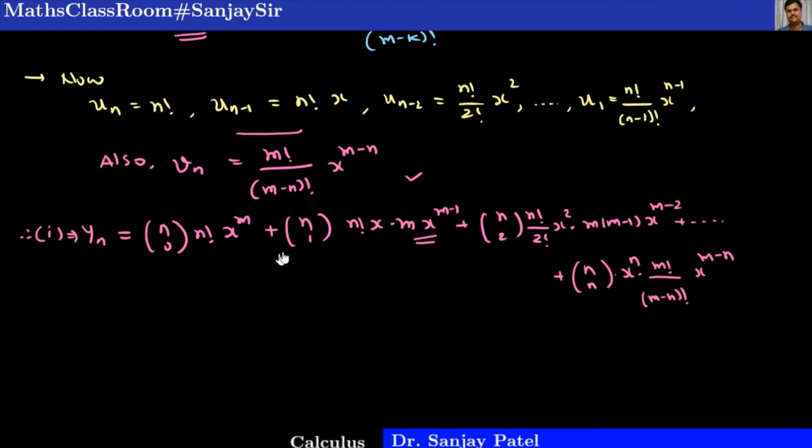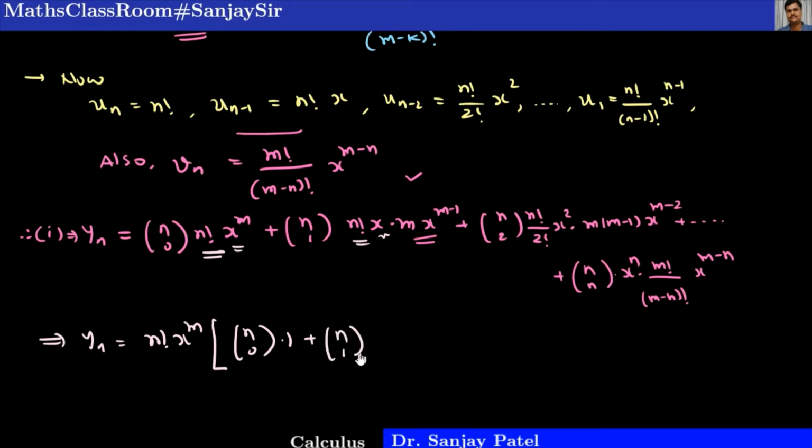Now if you observe, in this we have n factorial as a common factor in all the terms, and x raised to m is also common. So n factorial, x raised to m is here, and this x and this x raised to m minus 1 will give you x raised to m. So I can take x raised to m and n factorial as a common factor. What remains is nc0 into 1 plus, for the second term, nc1, n factorial x raised to m goes out,